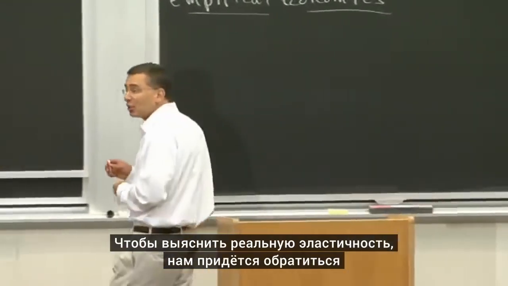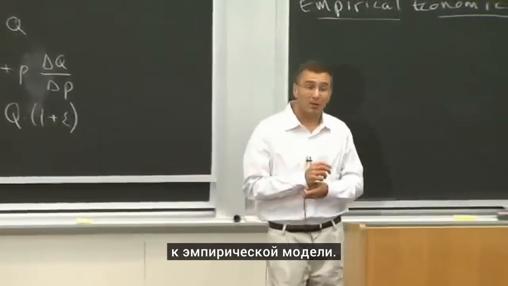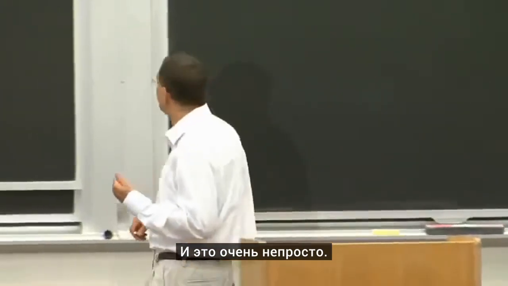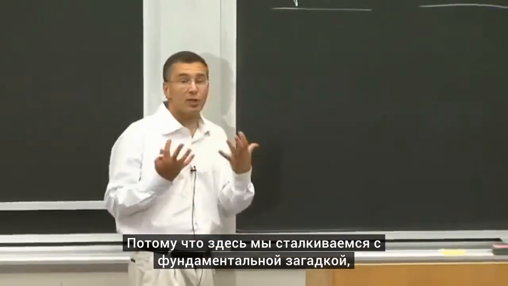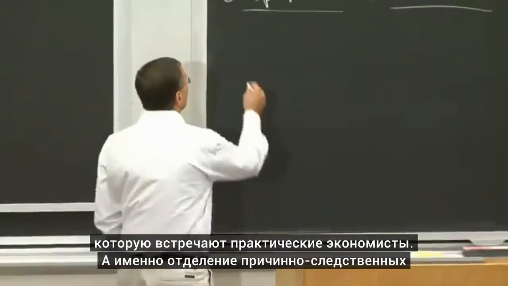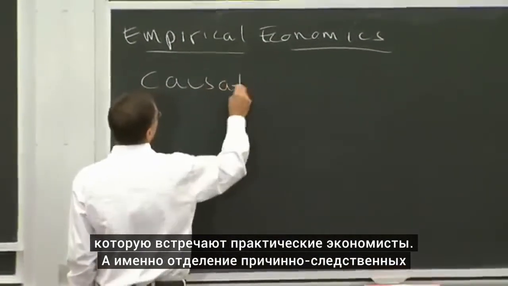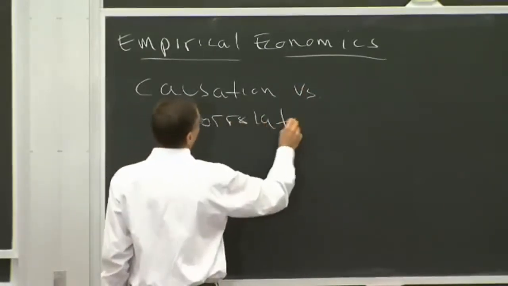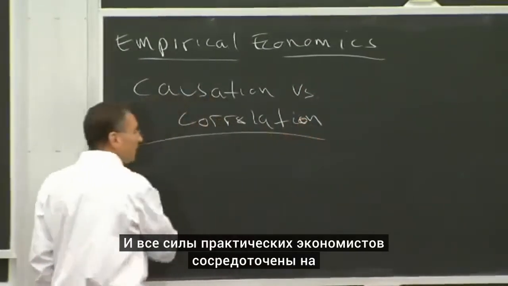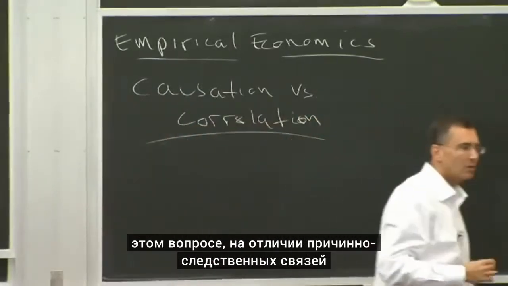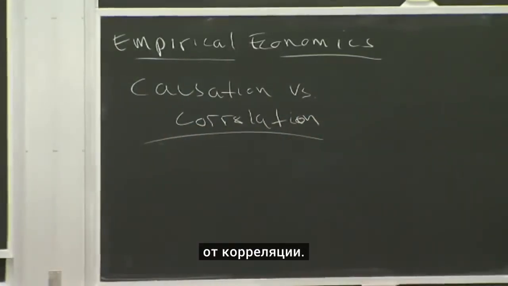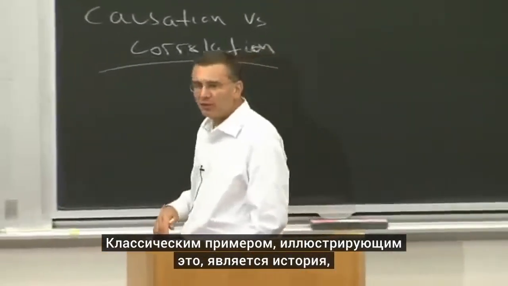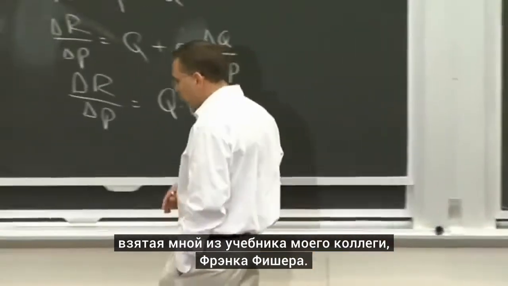To say what an elasticity actually is, we need to go to an empirical model. We actually need to bring data to bear on the question. And this is very difficult, because here we face the fundamental conundrum facing the empirical economist, which is distinguishing causation from correlation. And the whole guts of empirical economics is all about this question, distinguishing causation from correlation. Okay? The classic story that illustrates this, it's due to my colleague Frank Fisher from a textbook many years ago,